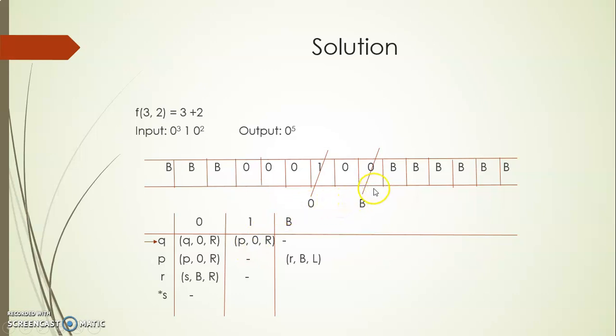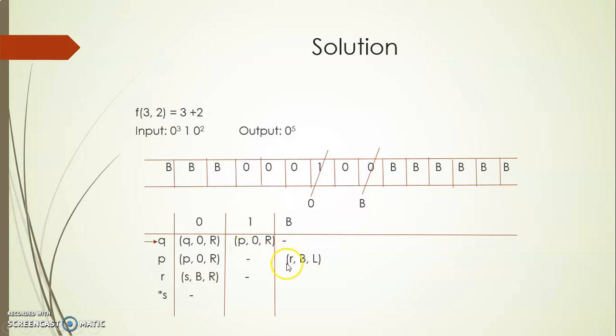Why? Because next I have to convert the last 0, which is near the blank, to B, right? So the state P, which I got after converting this 1 to 0, keeps on skipping the zeros, whatever number it scans. Because I do not know which 0 to convert, I can identify the 0 to be converted by identifying the last blank. So the first target for me has to be identifying the last blank. So the P state enters another state, just for identification, right?